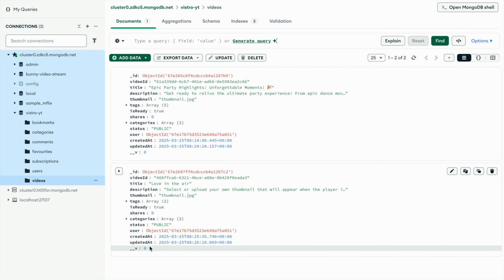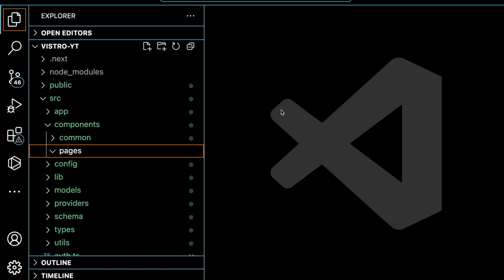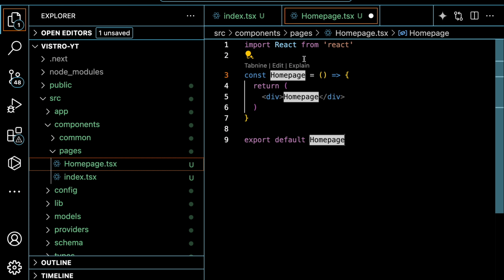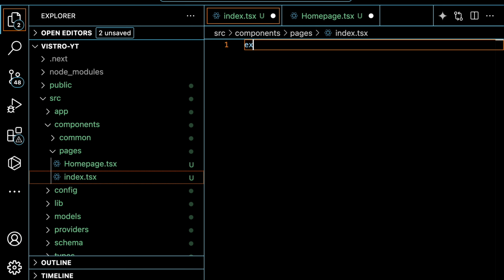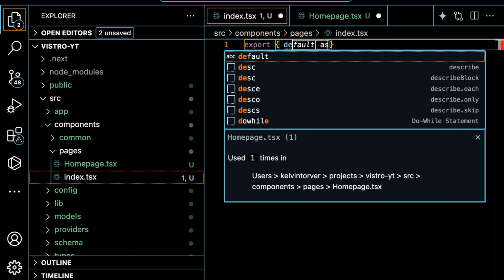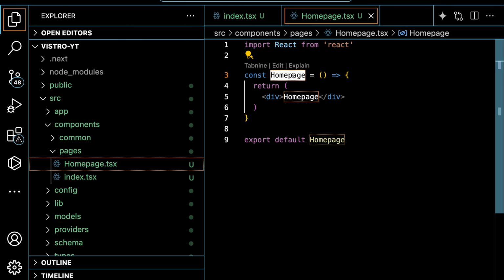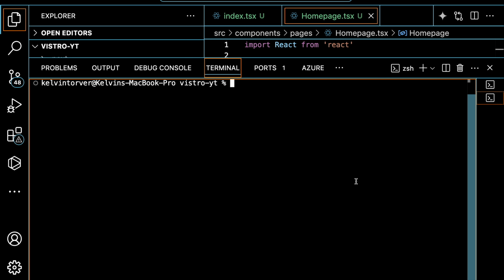So the next step, since we have handled video upload, is to be able to call this video within our application and display it. That is the next step now. In order to display videos within our application, we need to come to pages over here and create an index.ts file, and we create another one known as homepage.tsx. Within this homepage, let's go ahead and export a React component, and within this index, we export this component so that we can use it within our application. Before we proceed, we need to install a library